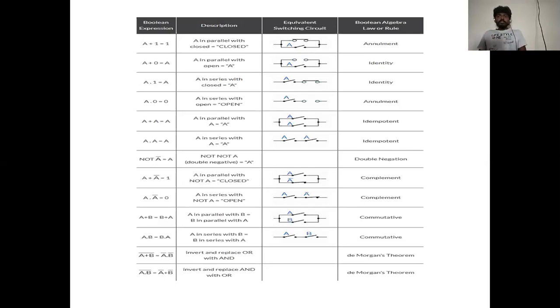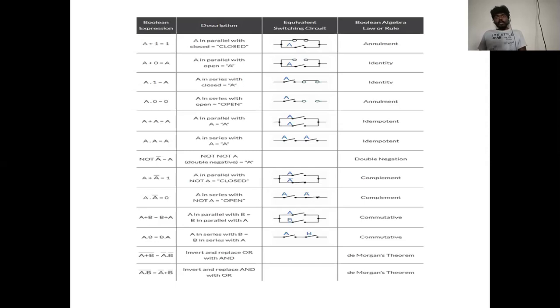Similarly, A plus 0 is A, whatever the case. If you add any number with 0, then automatically that number will come at the output side, right? And the third one, that is A into 1 equal to A. Here this is the identity operation. Identity is a number, that is 1, along with a variable A, and then you will get that variable at the output. This is the identity operation.